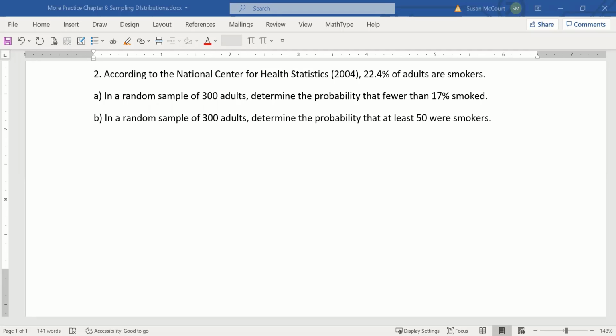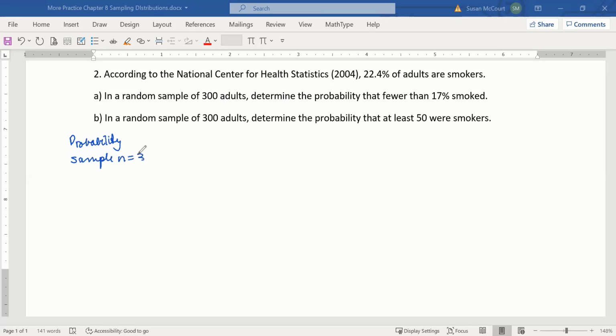So we're being asked to do a probability, which makes me look at that formula sheet and say it's got to be one of the top three, because that's where probability lies. And we're looking at probabilities now in terms of percents instead of looking in terms of means. We're looking, what's the probability that a percentage smoked? So that tells me we're doing the sample of 300. We want a probability. We have a sample,